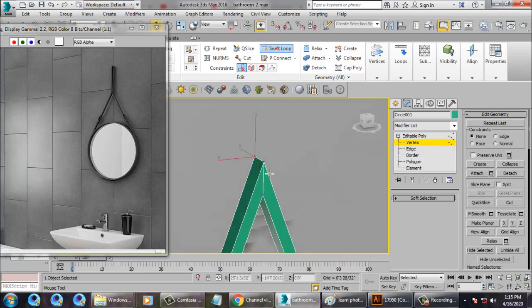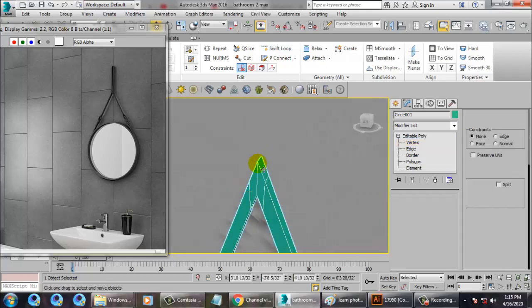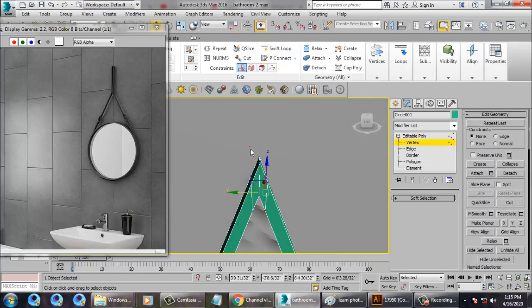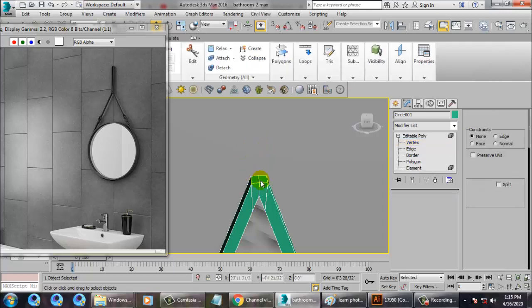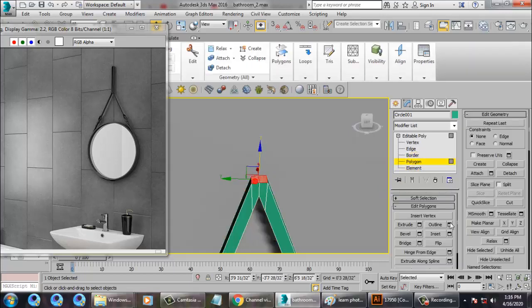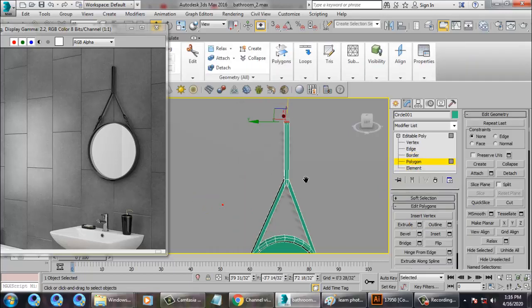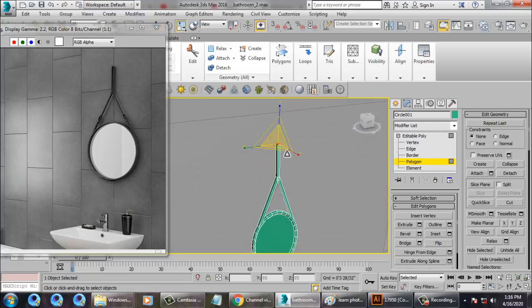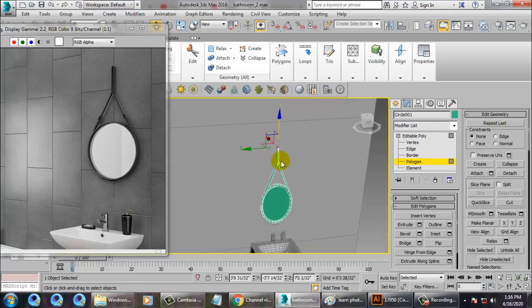So let's again go over here and add one loop over here. Let's go into the vertices again and push this a bit down. Let's select this, go into the polygon, select this and this, and just push it up. That's it.